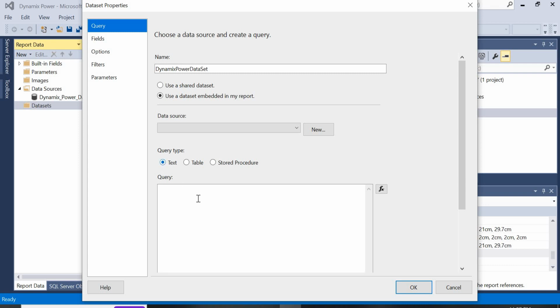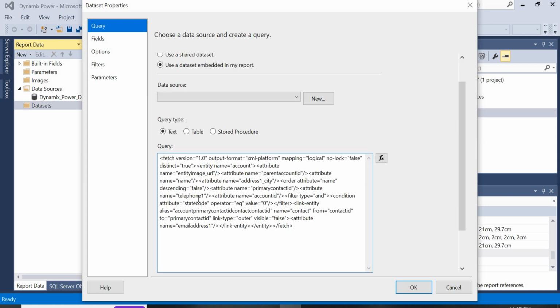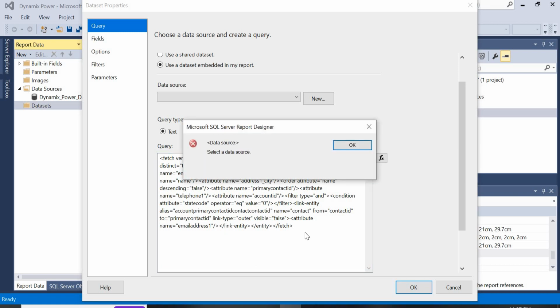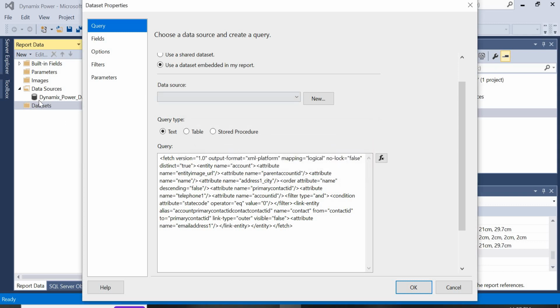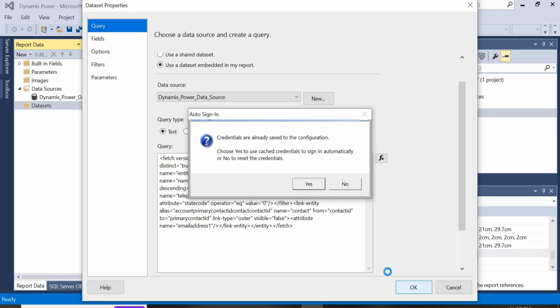Here it should be of query type text. Put your fetch XML code here. Now we can click on the OK here. Whatever data source we created previously, here Dynamics Power, we need to select that one as well. Once this is selected, as soon as you click on OK, it will get connected with our